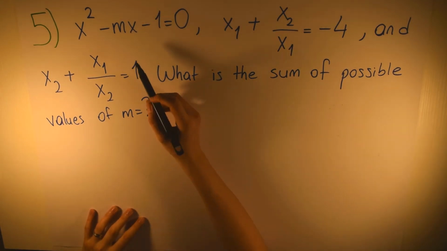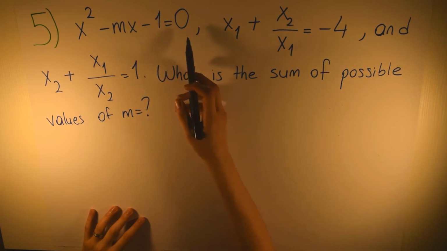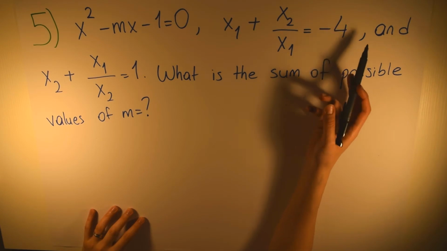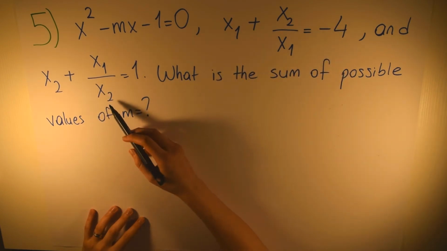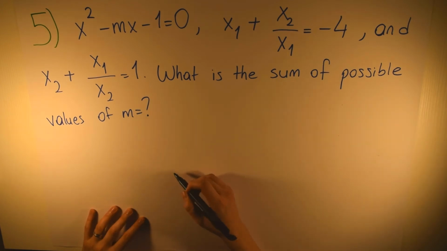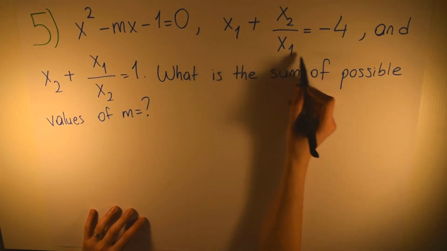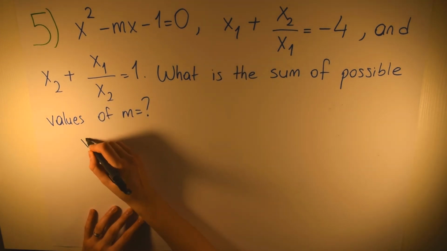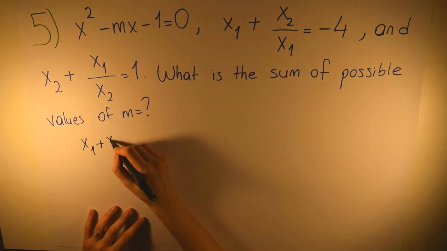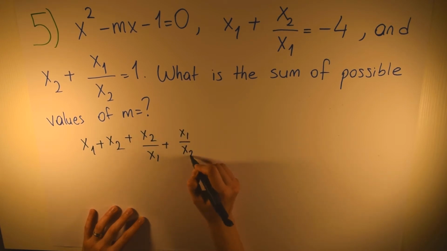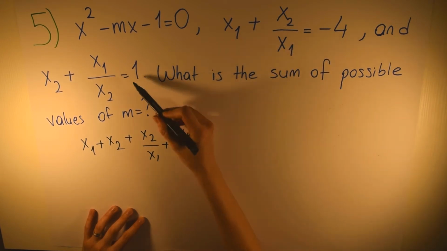Okay, let's continue with our fifth question. Here we have x squared minus mx minus 1 is equal to 0, (x1 plus x2) over x1 is equal to minus 4, and (x2 plus x1) over x2 is equal to 1. What is the sum of possible values of m? So let's sum these equations up together. So here we will have x1 plus x2 plus x2 over x1 plus x1 over x2, which is equal to minus 4 plus 1,